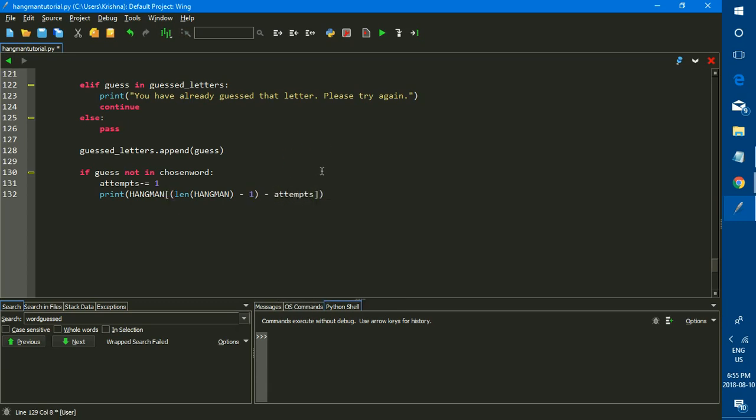So what this whole line of code does, I apologize if this seems confusing to you,